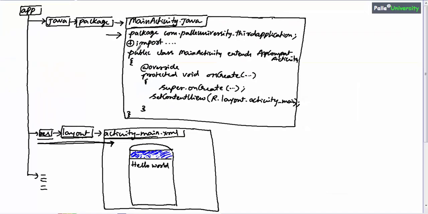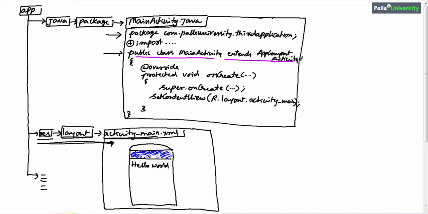That is third statement. Public class MainActivity extends AppCompatActivity. Let me divide this third line into two expressions. First one is public class MainActivity and the second expression is extends AppCompatActivity.